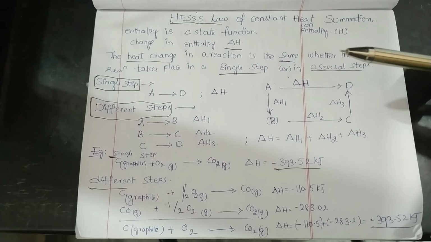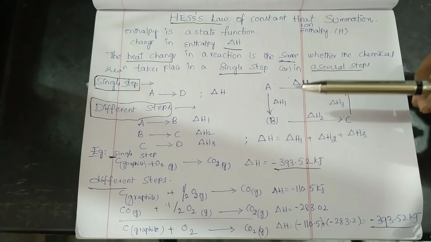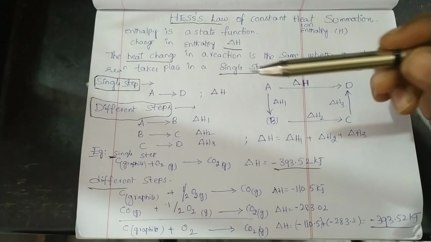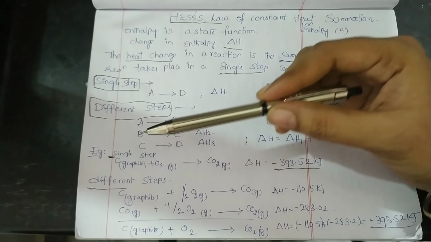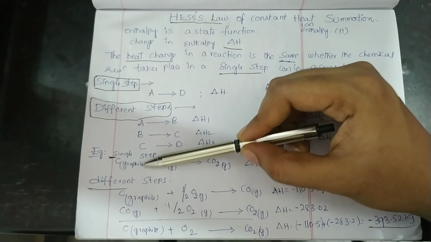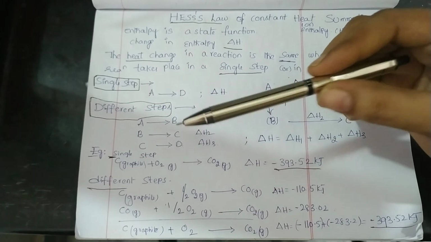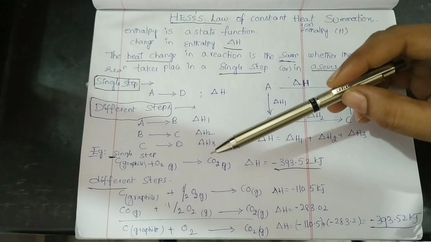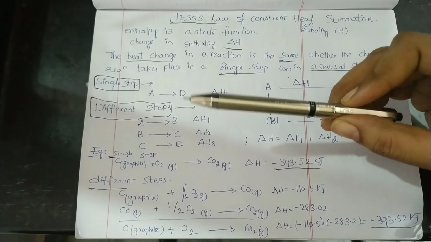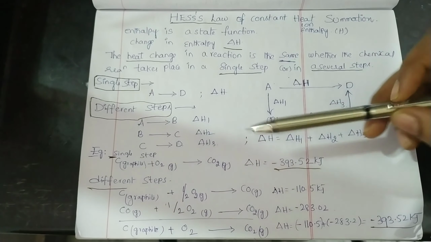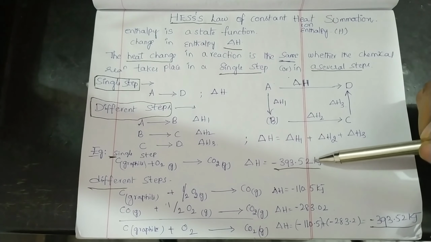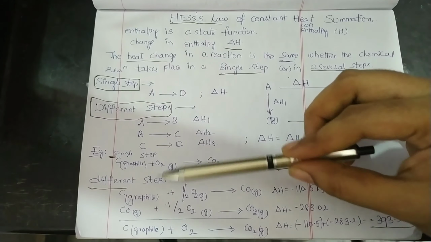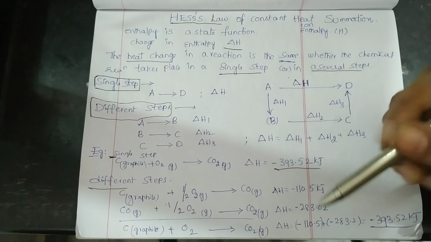Hess's law is a direct consequence of the first law of thermodynamics. For example, CO2 is obtained from carbon in graphite and O2 in two different ways. The first is a single step, the second is in different steps. In a single step, the enthalpy change is minus 393.52 kilojoules. If the same reaction is carried out in different steps, in the first step minus